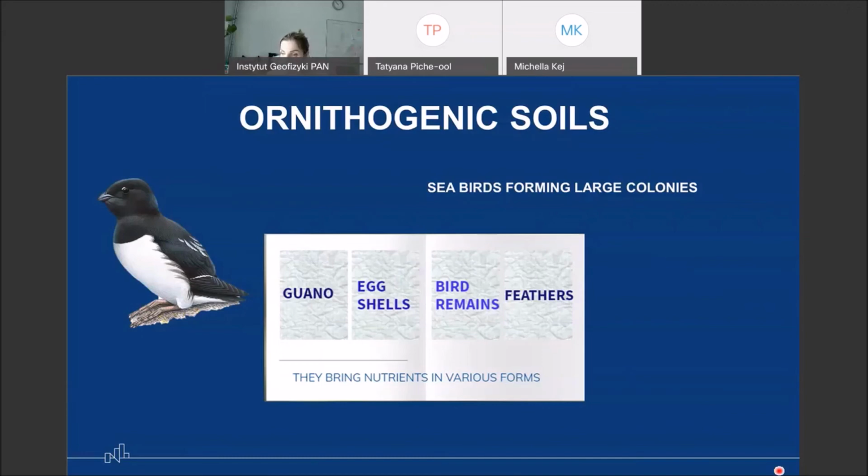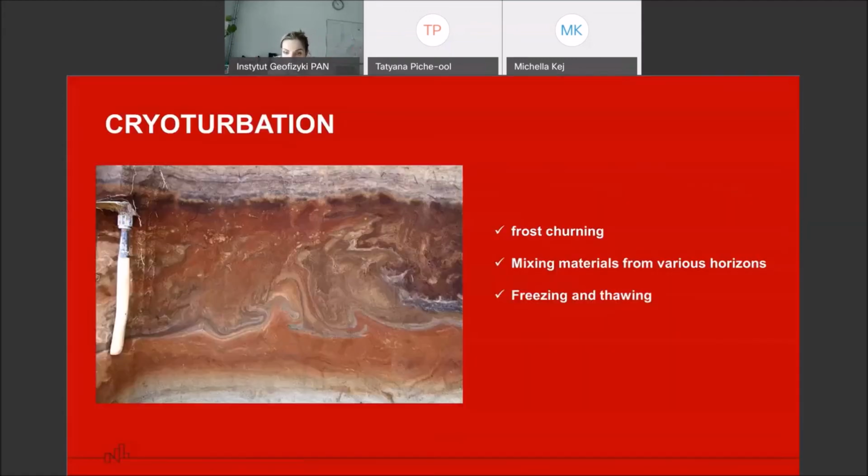So birds not only change conditions because they bring a lot of nutrients, but they also bring microorganisms in their guano, for example. So they sort of inoculate microorganisms with guano deposition. So the composition of their diet can influence the composition of microorganisms. And we know that the more microorganisms we have, the more intense the decomposition we can expect. Of course, it's still limited by temperature, but this is what these ornithogenic soils look like and work like.